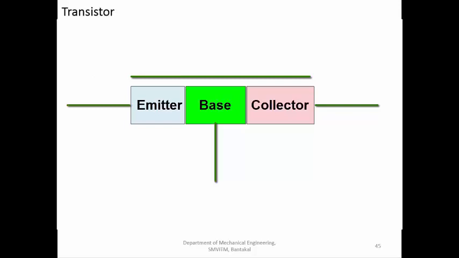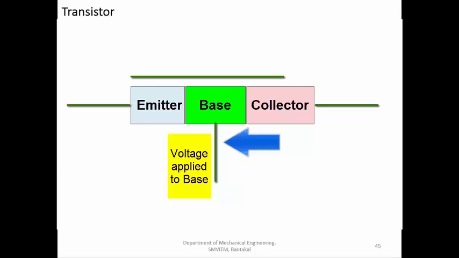Normally a transistor is in the off condition, which means no current is going to flow through it. But if you apply some voltage, or supply some current through the base terminal, then the current is going to flow. Depending on the strength of the power you apply at B, the amount of current passing from E to C is going to vary. That is how a transistor functions. By supplying some current here, we are able to control the flow of current passing through the transistor.